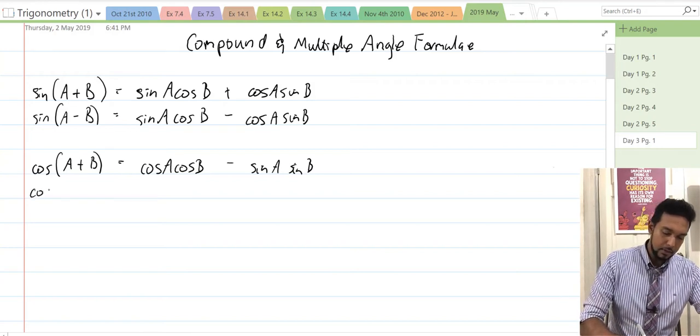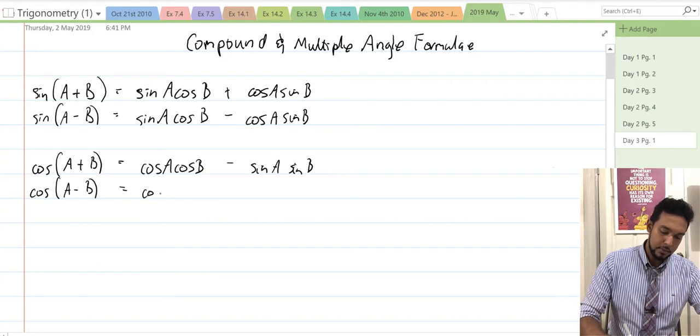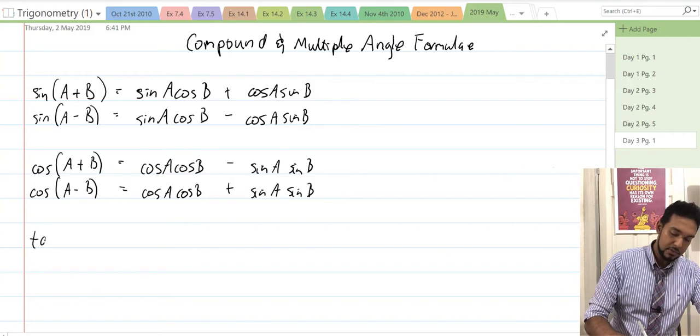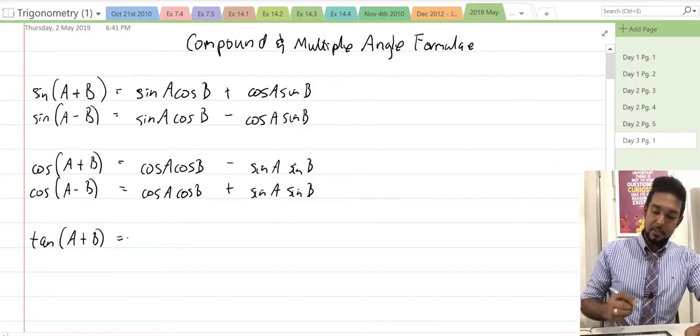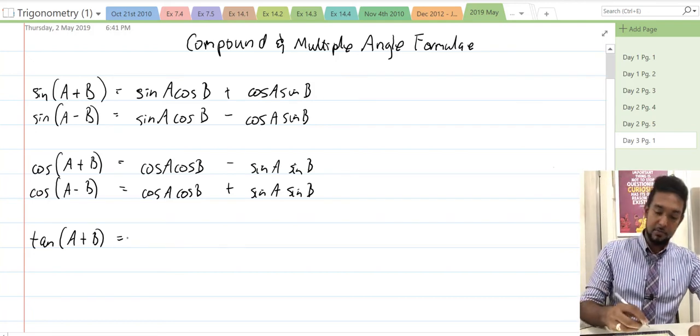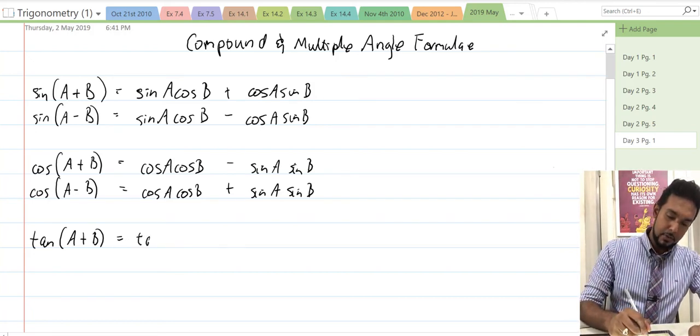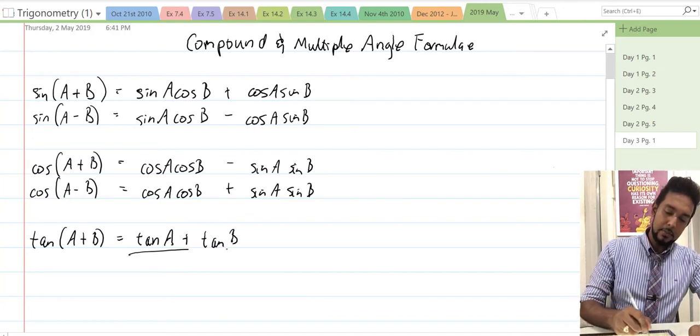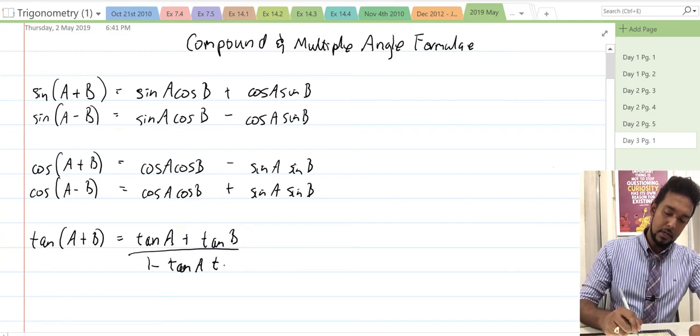All right, and then cos of a minus b is equal to cos a cos b plus sine a sine b. And the last two, sorry. Okay, so tan a plus b and tan a minus b, these actually have fractions involved in them, but they're not terribly difficult. All right, so we have tan a plus tan b over 1 minus tan a tan b,